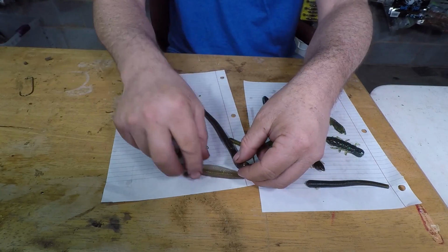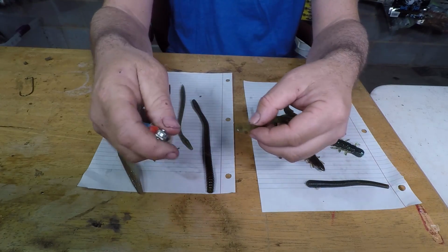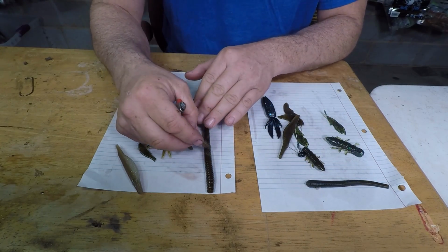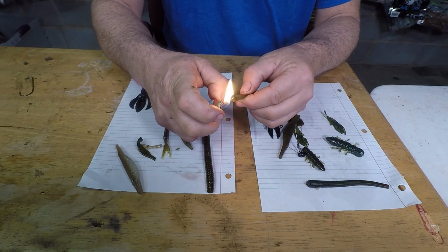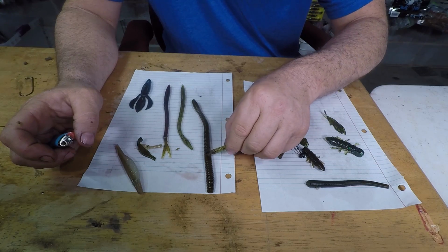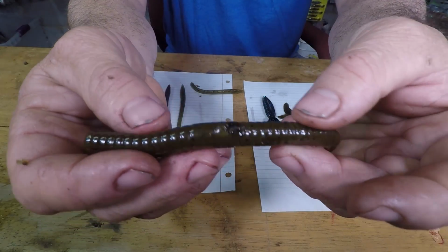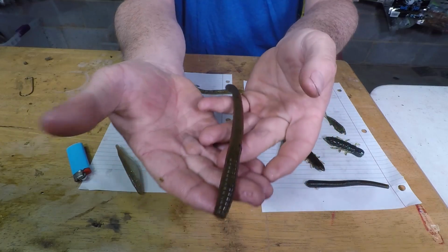So we're going to do the same thing. You can quickly sit in your boat, have your welding stick, and say, hey, I'm going to weld this together, and you're using the plastic. So you're simply going to fill that up. You don't want to catch this on fire. You got to get it blown out now. Look at there. I just welded that plastic back together, so when my hook comes through there,